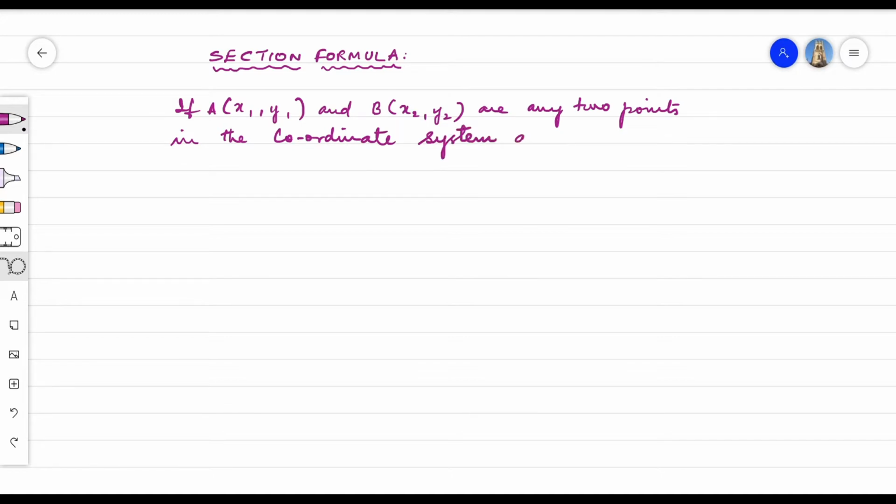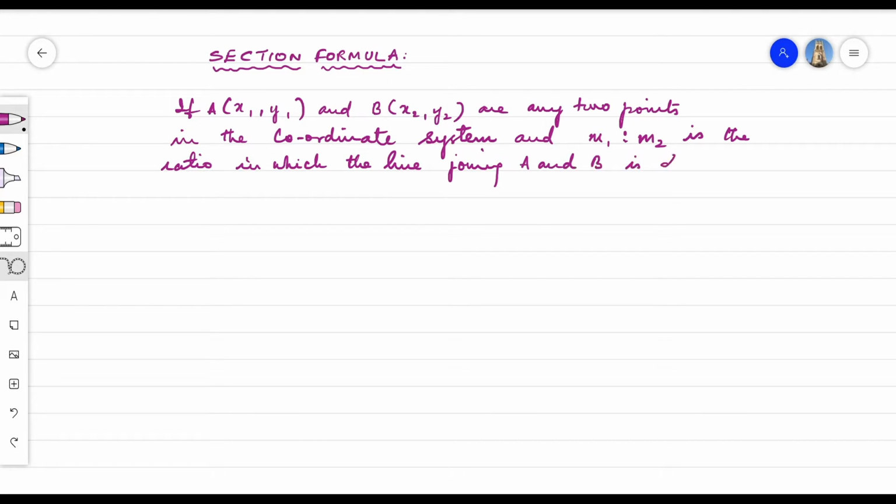and m1 is to m2 is the ratio in which the line joining A and B is divided by a point